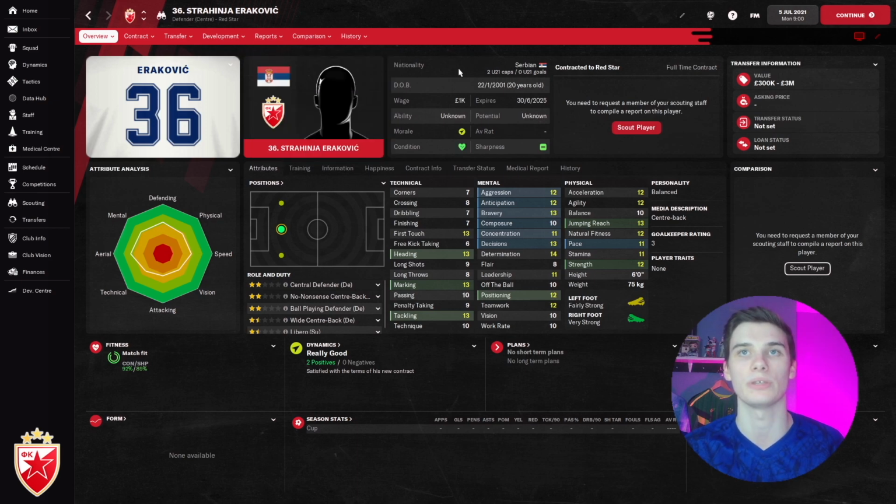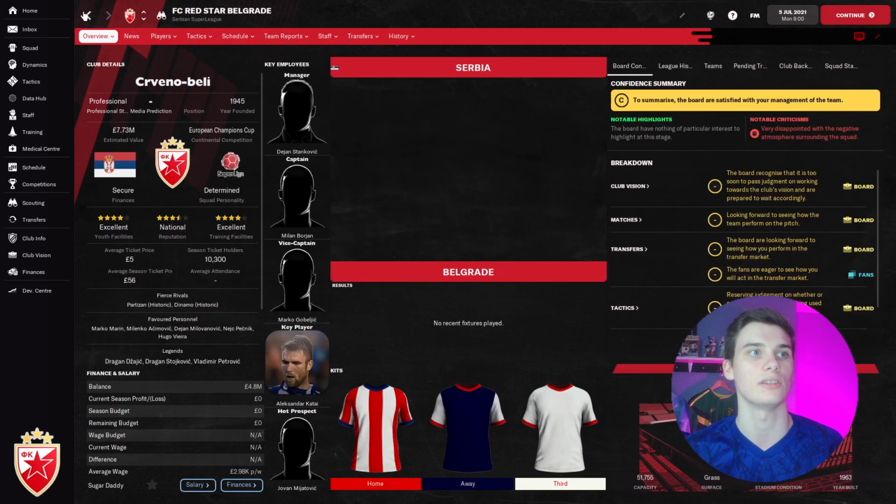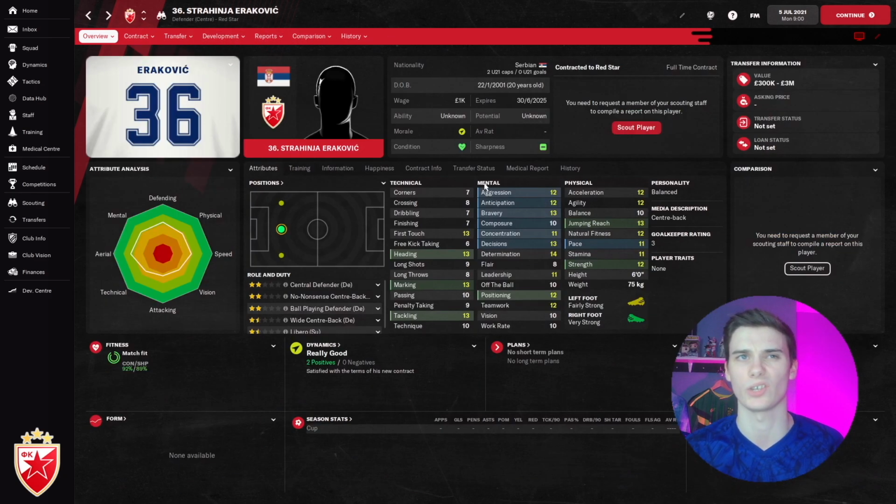He is a Serbian centre-back with 2 under-21 caps at the start of your save. He plays for Red Star Belgrade in the Serbian First Division, I believe, so the highest division in Serbia, and he is a decent player right from the off all round. He's a bit older than some of the others, so there's less potential there and more current ability. So with this guy, you're kind of knowing what you're going to get a little bit more, and what you